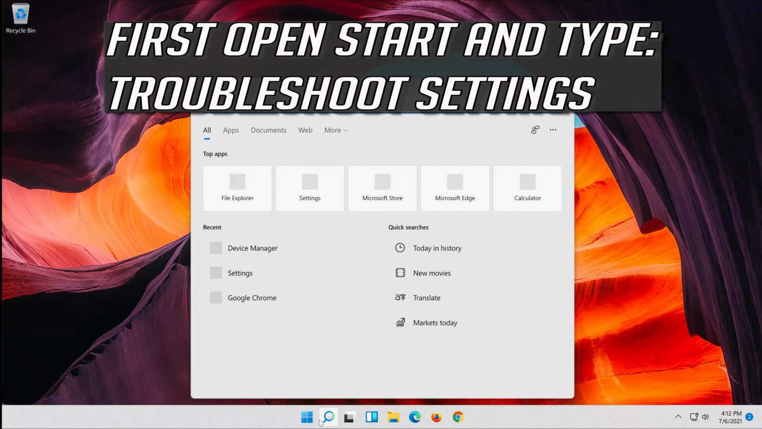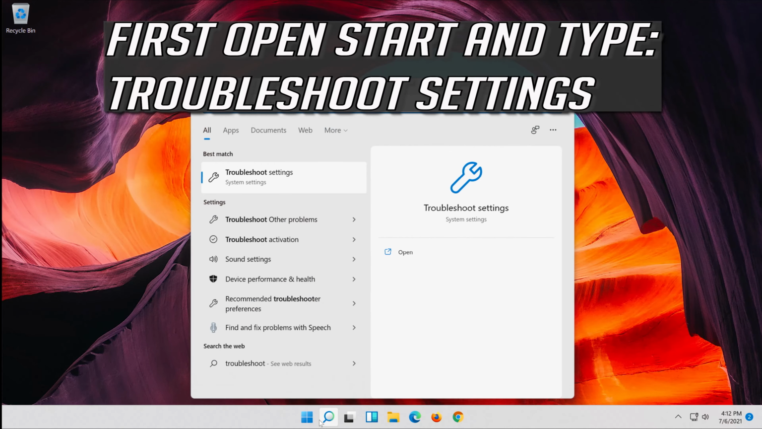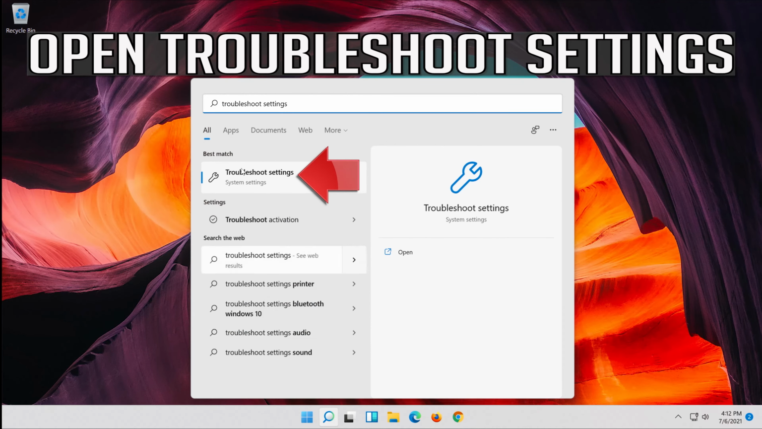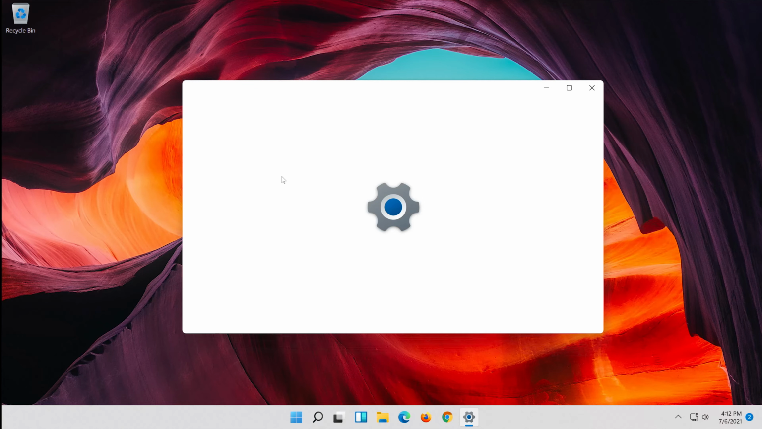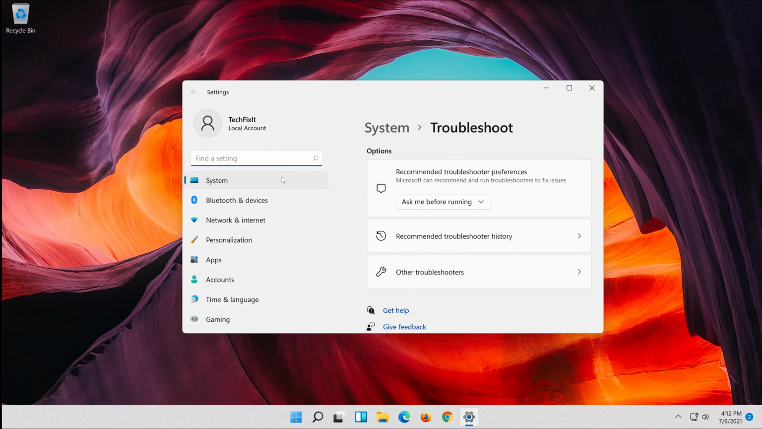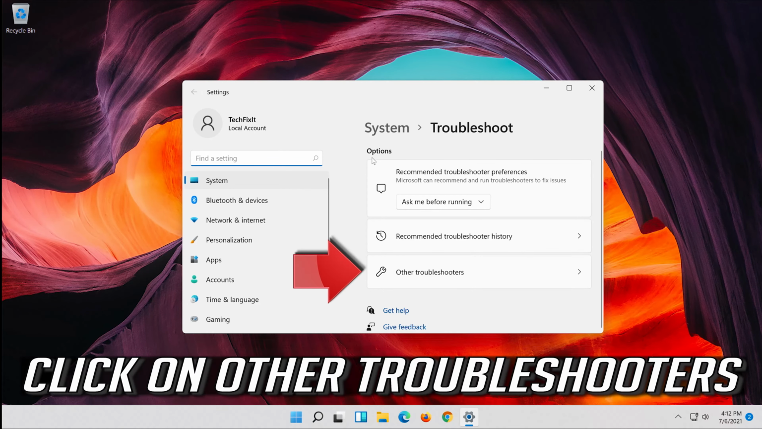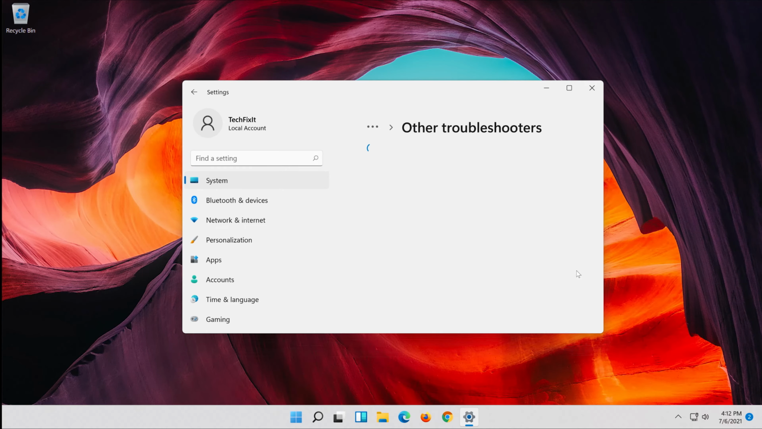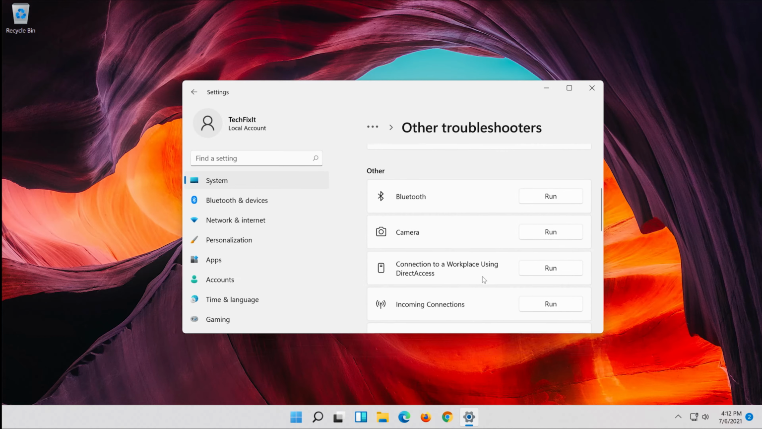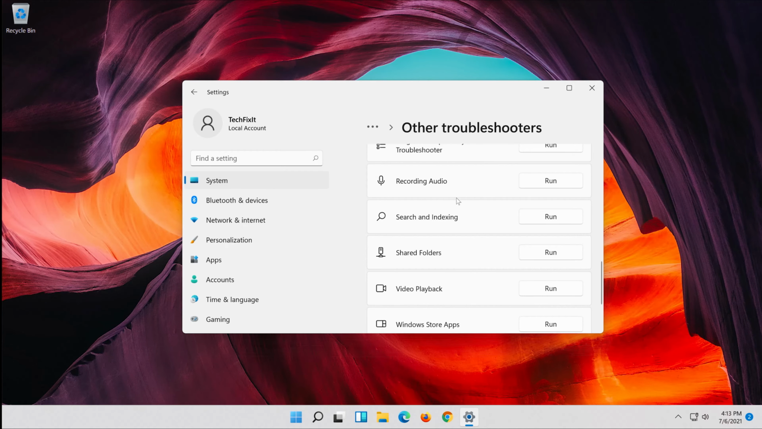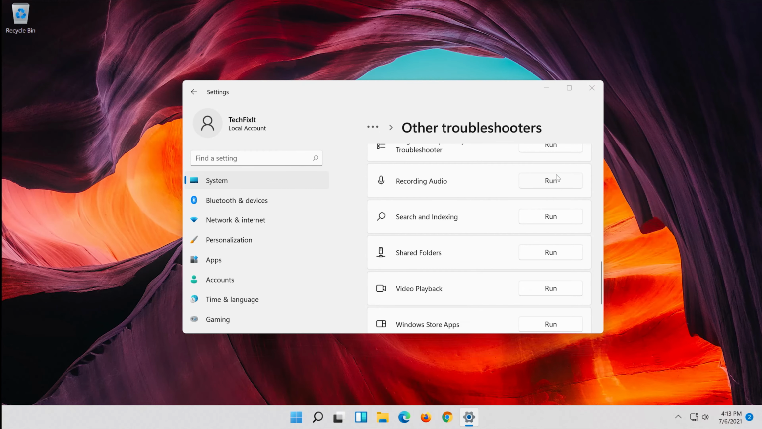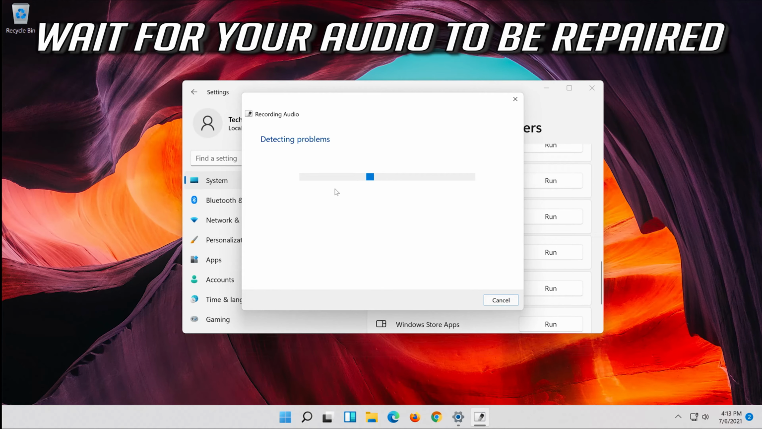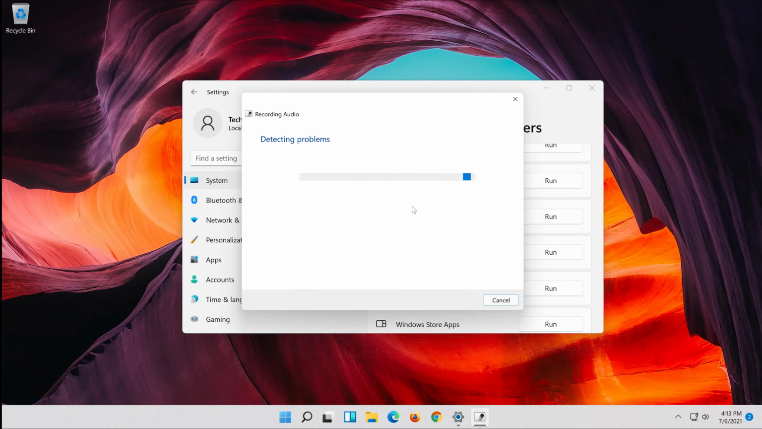First open Start and type Troubleshoot Settings. Open Troubleshoot Settings. Click on System. Click on Other Troubleshooters. Go to Recording Audio. Press Run. Wait for your audio to be repaired. If that didn't work,